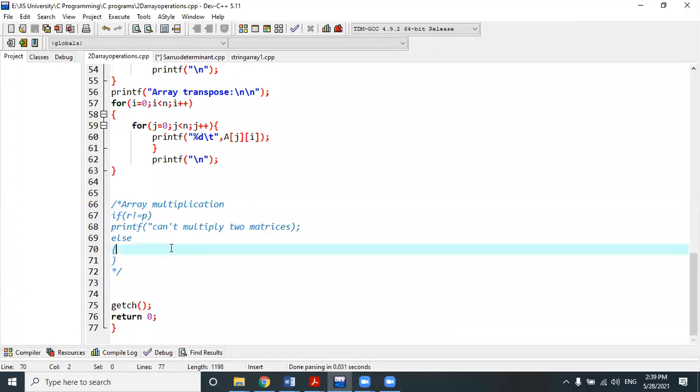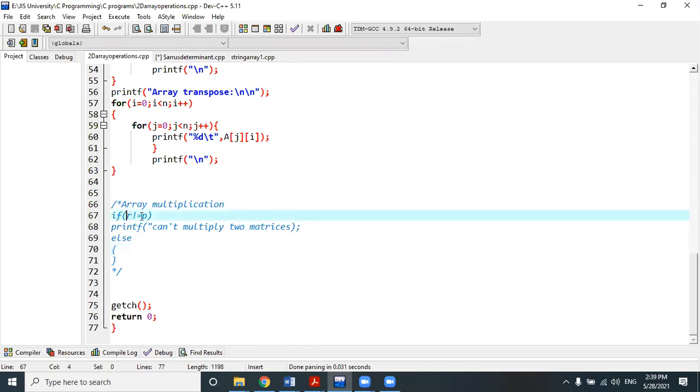If R is not equal to P, printf "cannot apply matrix multiplication" or "cannot multiply two matrices". Can anyone tell me what R and P are here? First matrix row, right.